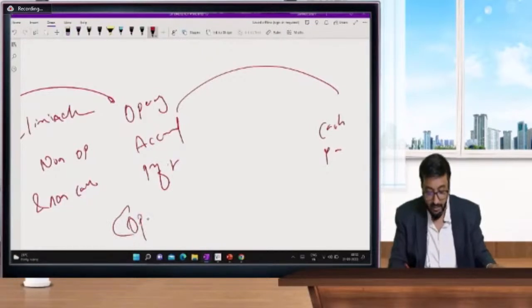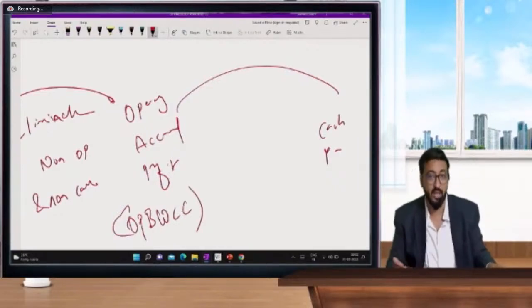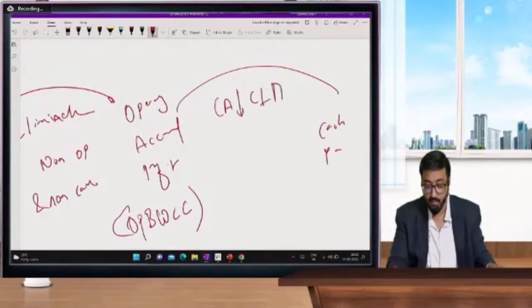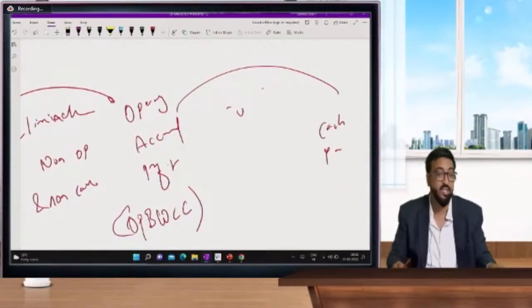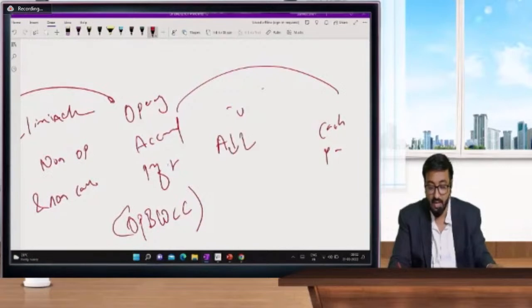ऑपरेटिंग प्रॉफिट बिफोर वर्किंग कैपिटल चेंजेस, नाम को याद करो। और इसमें हम लोग क्या एडजस्ट करेंगे अभी, करंट एसेट्स एंड करंट लाइबिलिटी चेंजेस। एसेट डिक्रीज लाइबिलिटी इंक्रीज इनफ्लो, एंड एसेट इंक्रीज लाइबिलिटी डिक्रीज आउटफ्लो।